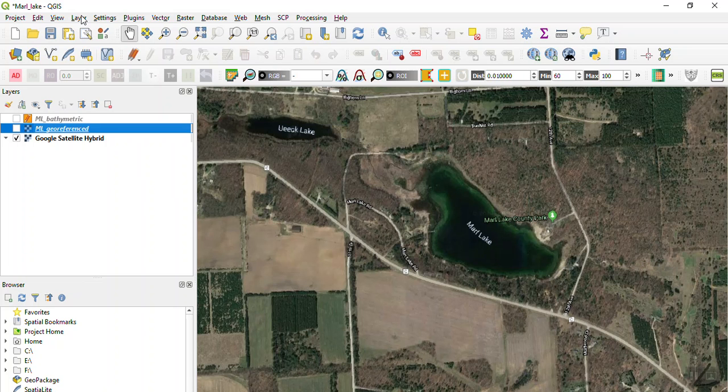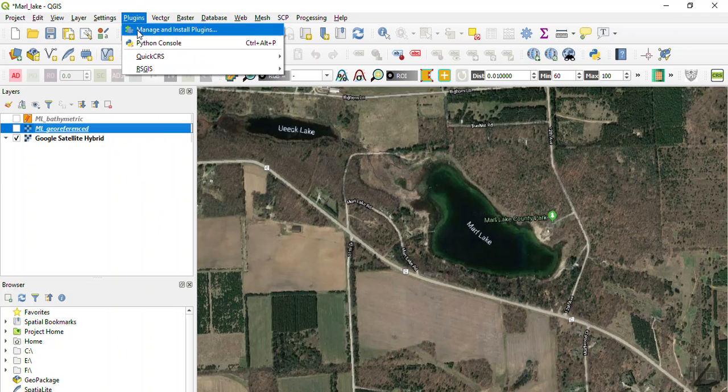There are a couple of tools you may want to install before you can really use it with QGIS. There are two tools you need to install. First one, you need to go to plugins, manage and install plugins. In here,